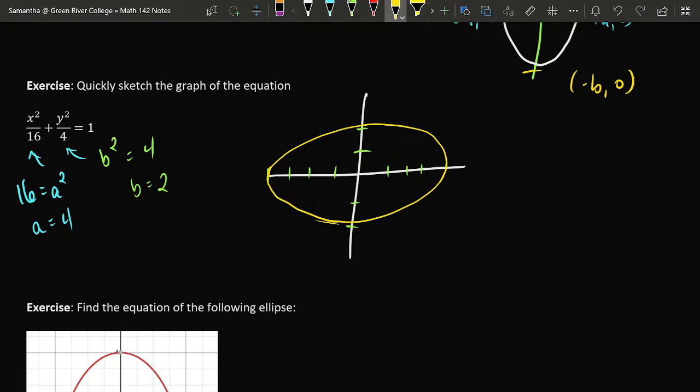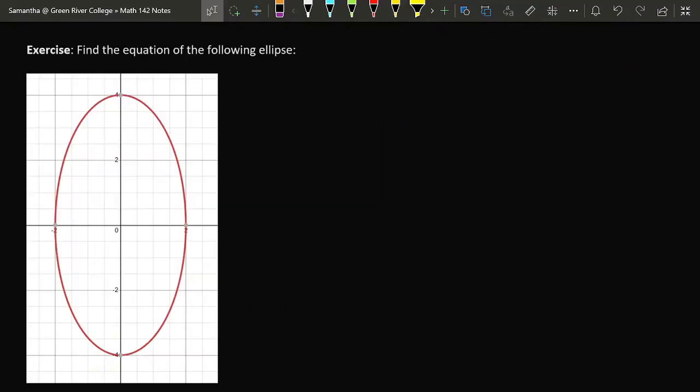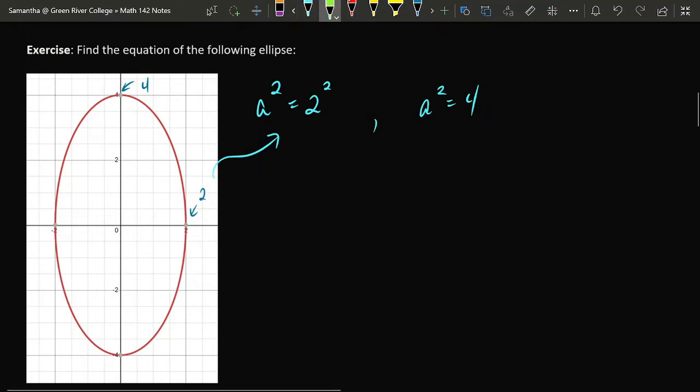We can use this formula to go backward as well. Suppose that we had the ellipse which is given in the following image, which stretches to plus and minus 4 in the y direction, plus or minus 2 in the x direction. In this case, the a squared would be equal to this x equals 2 squared. So a squared would be equal to 4. And b squared would be equal to this y coordinate squared. So b squared would be equal to 16.